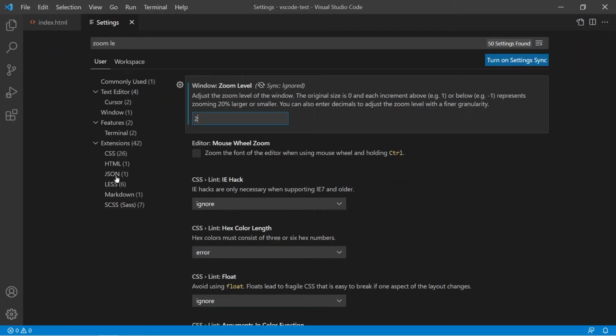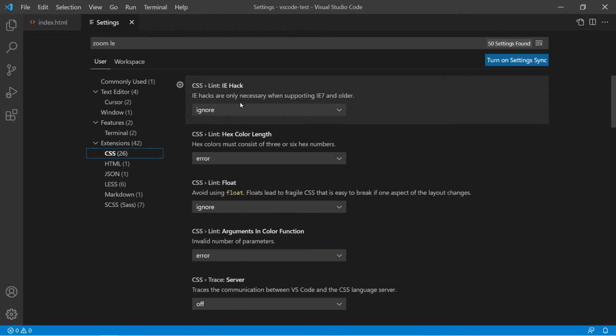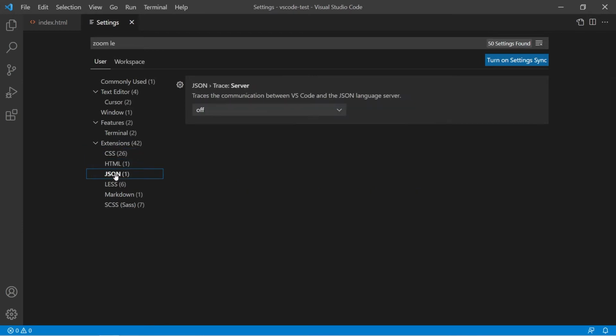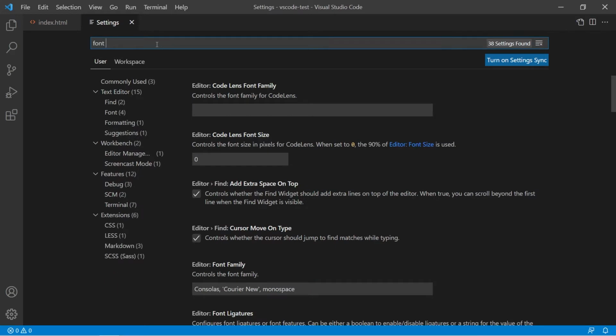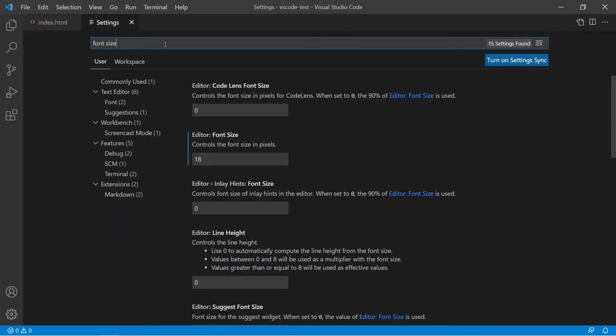And you can explore the specific settings like we have for CSS, HTML, JSON, Markdown and all that. We have for terminal, and basically you'll use this search bar to search for the settings you want. So I'll show you once again. If I want to change the font size of my VS Code, I'll search for font and maybe font size. You can see we have this option right here, and that's how you change the settings in VS Code. Now that's not it, we are going to cover a few more things. So let's see.